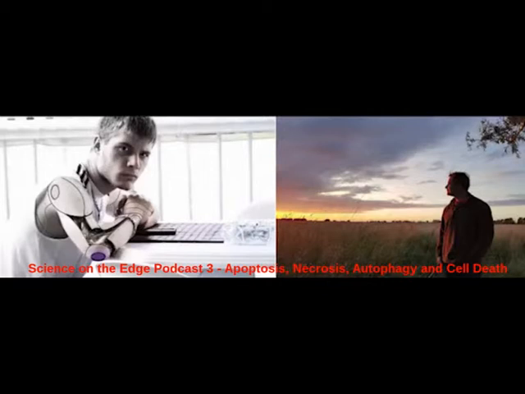Failure to regulate apoptosis can result in the pathologies exhibited in many diseases. For example, in degenerative diseases such as Alzheimer's, where neuronal death appears to be initiated by the activation of caspases, a key group of enzymes, remember, involved in apoptosis. Too little apoptosis, however, can result in the uncontrolled growth and division of cells that is observed in cancer. So I'll start by talking about the intrinsic pathway of apoptosis, then I'll move on to the extrinsic pathway and other forms of cell death.